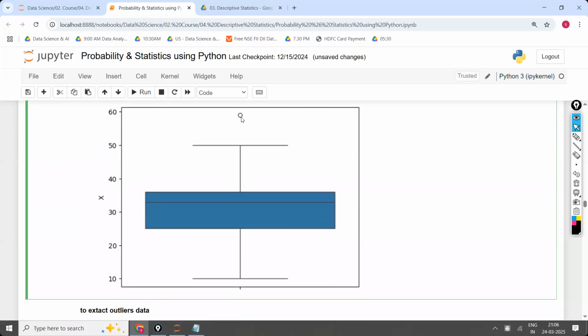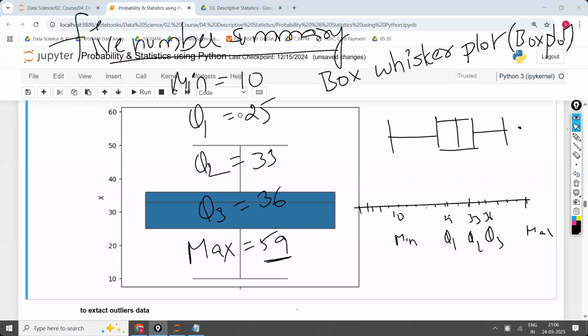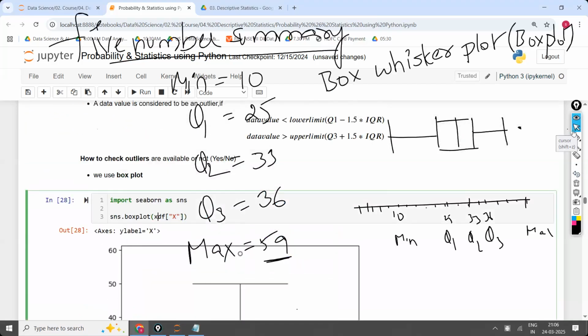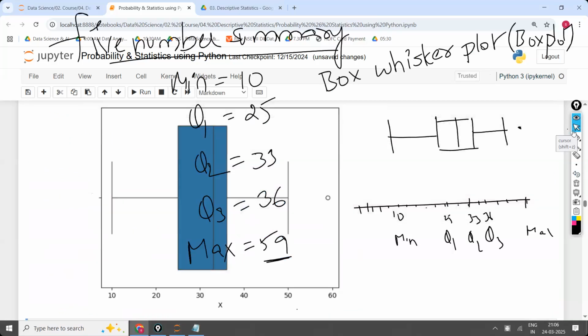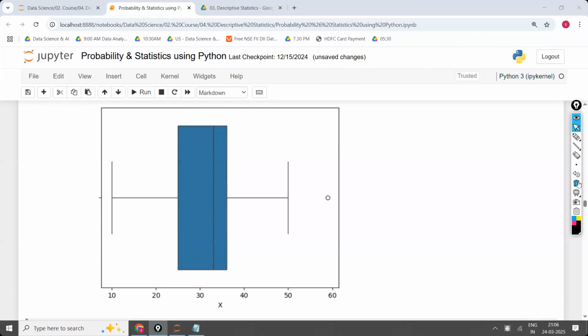Now you will get a question. Sir, you have explained like this. No, sir, your diagram is like this and this is like this. Okay, take it on the x-axis. I want the diagram on the x-axis. Then you'll get this diagram. Values you want on the x-axis or values you want on the y-axis, anything is okay. Box plot is clear for everyone? Now what is the advantage of box plot? To check whether outliers are available or not. First advantage. The second advantage is it is going to represent the 5 numbers.